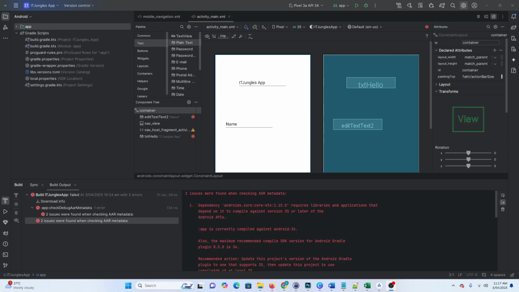How to update your Android SDK to version 35 or 36 in Android Studio. Now, sometimes when you try to build your project, you may come across an error saying that you need to compile against version 35 or later. If this is the case, you may want to go ahead and update or install the latest Android SDK version